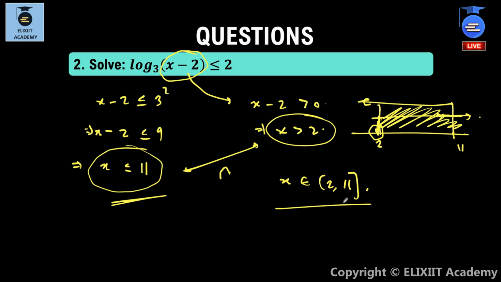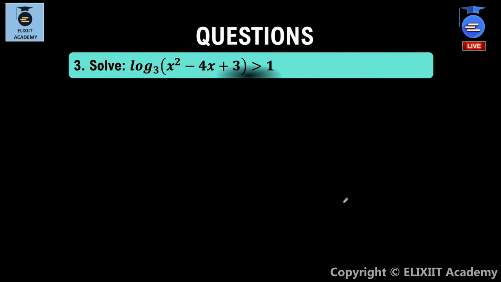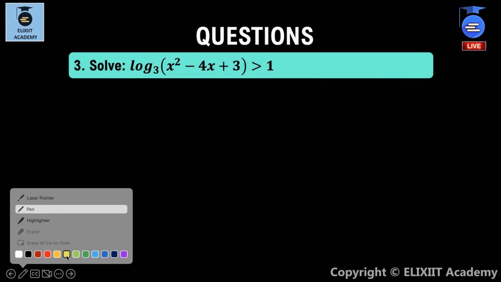Okay. Chalo, next. Next question for you to solve. Solve log of x square minus 4x plus 3 base 3 is greater than 1. So first of all, what do you need to do? Over here in this question, observation. What is the observation? Till now, whatever we have seen,